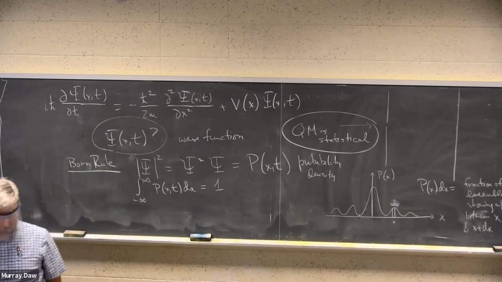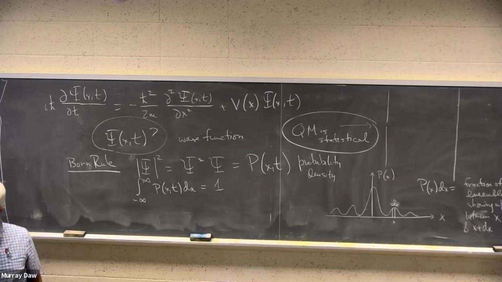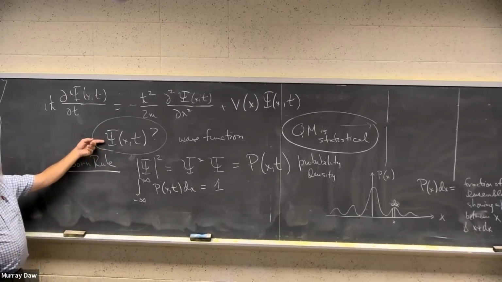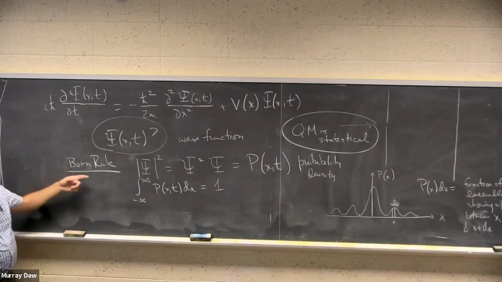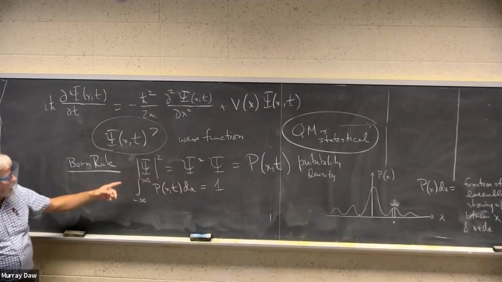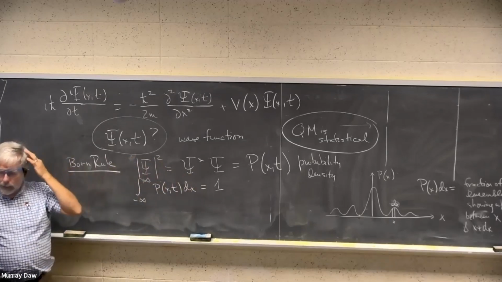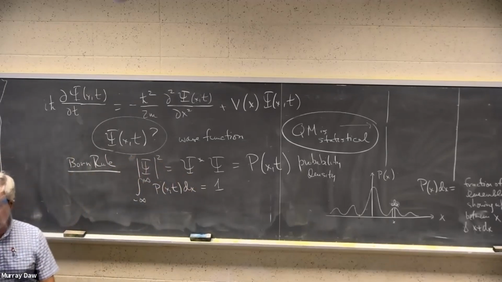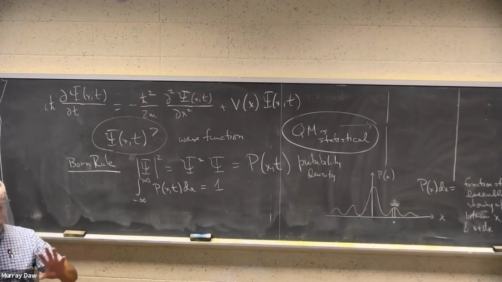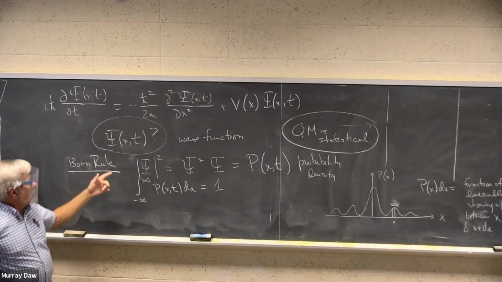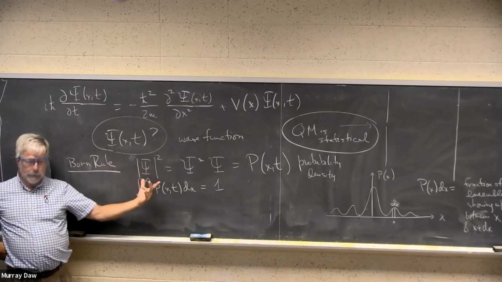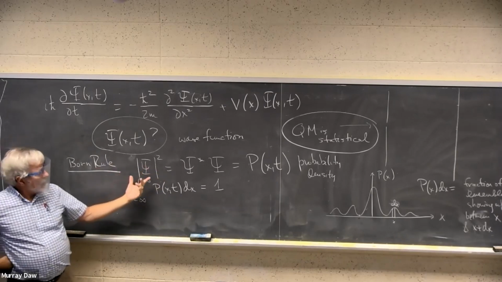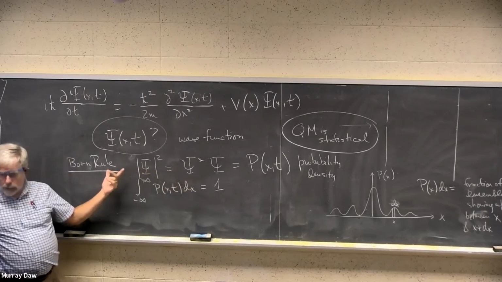And it came after Schrodinger had published his results. Somebody suggested the significance of this wave function that's coming out of the Schrodinger equation may be this. And the idea here also relates to light. Again, if you're talking about a wave equation and light, the intensity of light goes like the square of the electric field of the light wave, the electromagnetic wave. So there's a kind of reason for doing this.